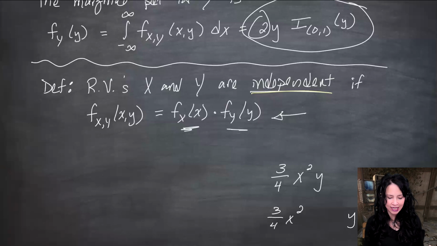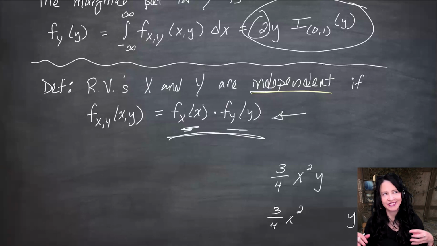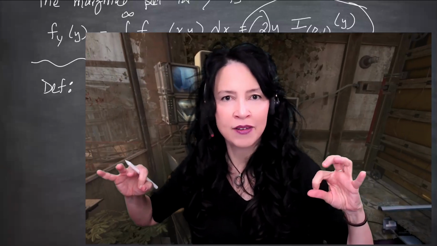So my question to you is, do we really need to find the marginals, or is it enough to just say it factors? And here I'm out of time, so fortunately I'm going to finish a little bit of review next time, and then we're going to start the math stat. But the answer is yes, if you use indicators. So this is the first reason out of many that I want you to get used to indicators, because we can show that random variables are independent if the joint PDF factors into an X part and a Y part, including the indicators. I'll give you an example of when that fails and what's going on with the indicators there, but I'm out of time.